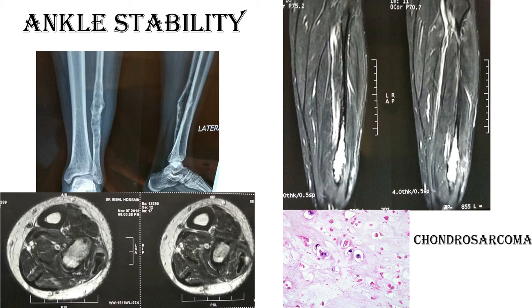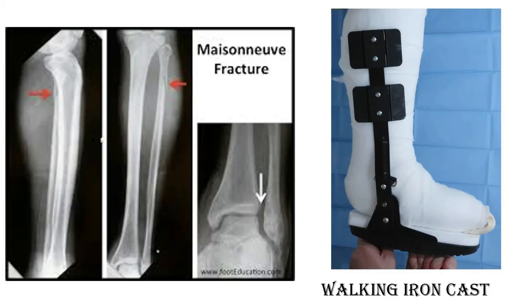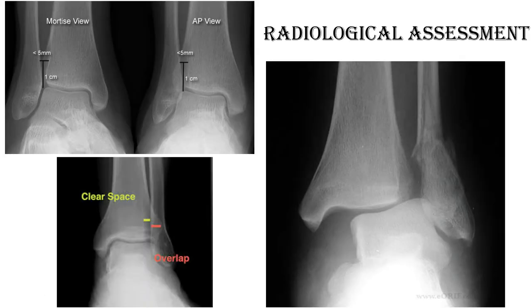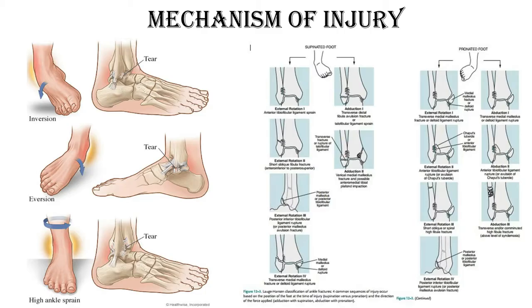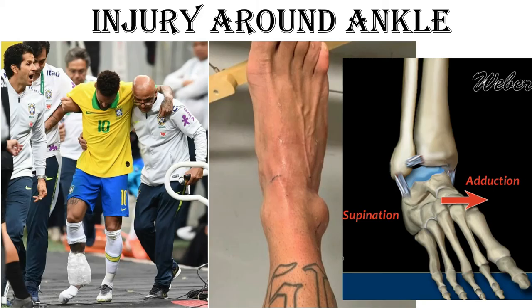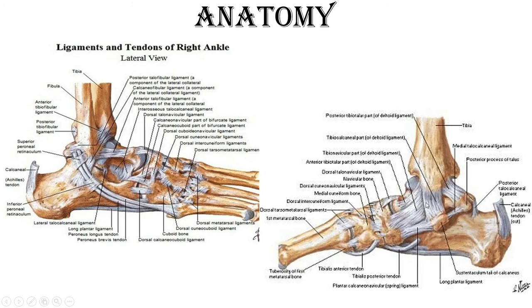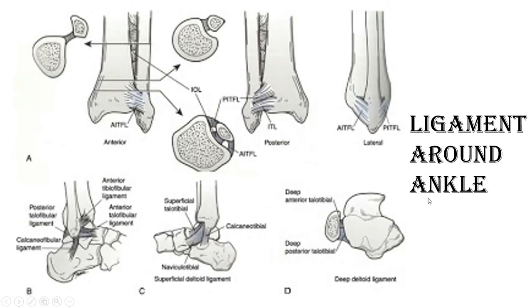regarding ankle instability, I already discussed with you that with the help of all these ligaments, the patient can jump, the patient can do anything with this small area of the foot. But once this ligament or any bony avulsion occurs, then there is severe pain over the joint, and that can cause problems for weight bearing.